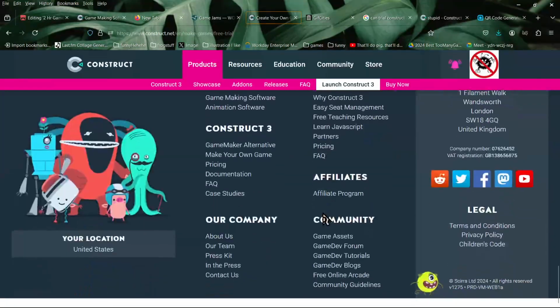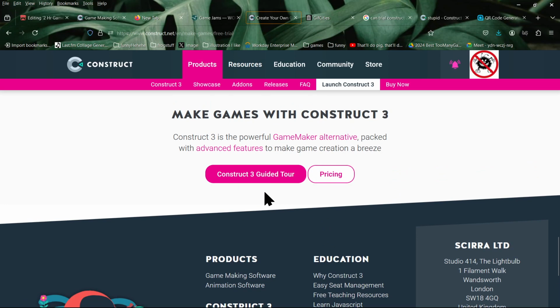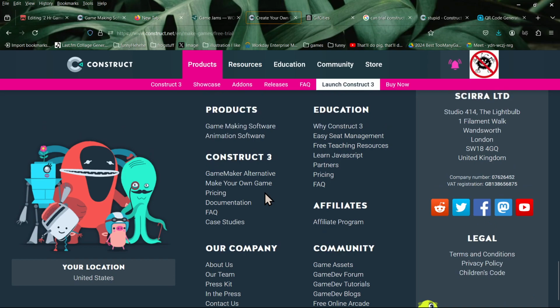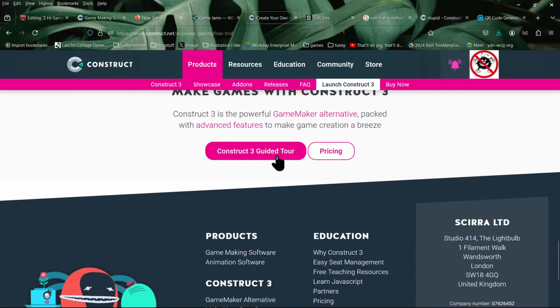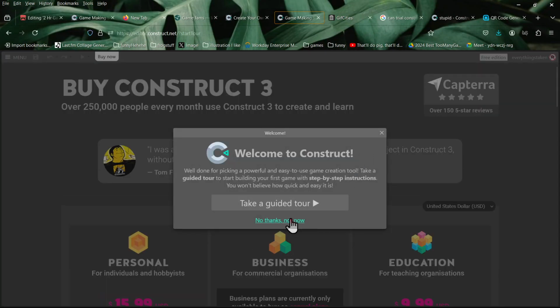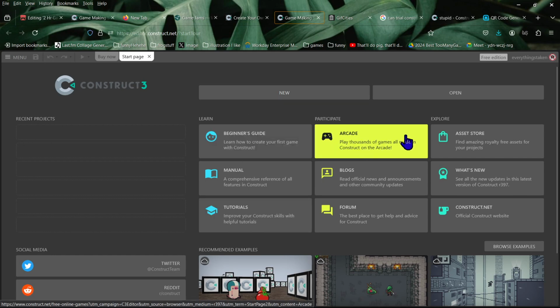I think it's all the way down. See, but it says all the way down. It says Construct 3, like literally all the way. Yeah. It says nature and game. That's why I clicked on the game. Yeah, I put some stuff there. Well, you can click the guided tour and then just say don't do it. Just say no thanks. So if you want to do the guide, you can.